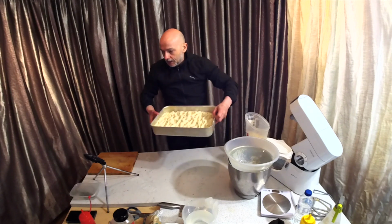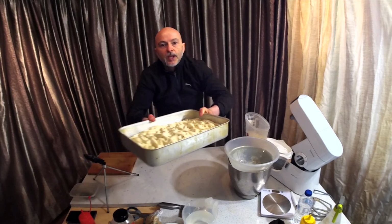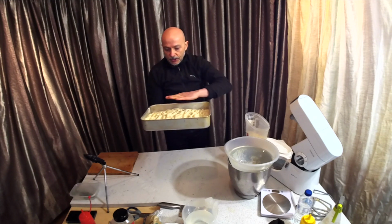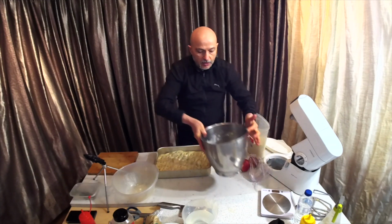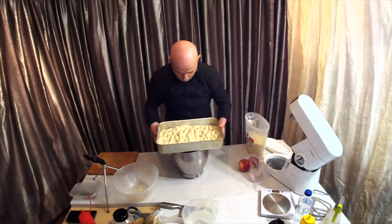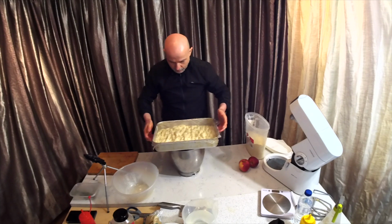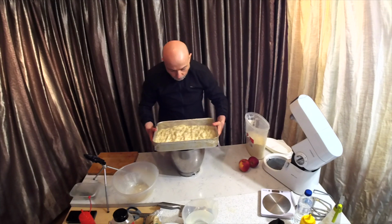Now, as you can see, it's already beautiful, but what I need is that it proves and gets thicker, maybe double in size. So what I'm going to do, I'm going to take my hot water, and I'm going to put it on top of my water like this, and I cover. So now,